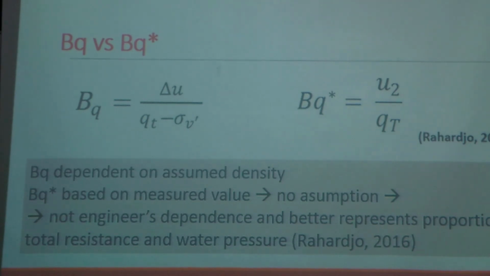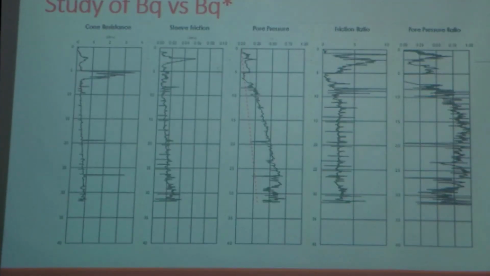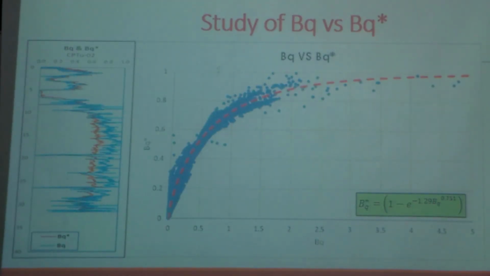Also using BQ star, we know the proportion of the tip resistance carried by water. If it is 0.8, it means 80% is carried by water. If it is 0.5, 50% is carried by water. So that is why we use the BQ star method. Maybe we can still develop it, and we have a very nice correlation to